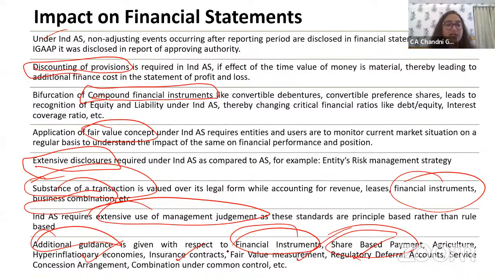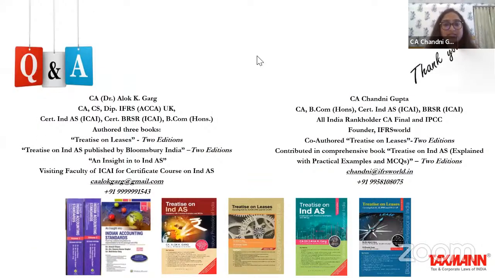No doubt the debt of the companies has increased, because with the change in the lease standard, the debt increased significantly for certain industries. But I think that was all for betterment. So yeah, that will be all from our side. I think we've just overrun on the time, but if you have any doubts.